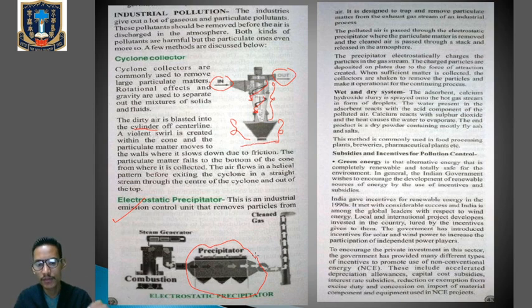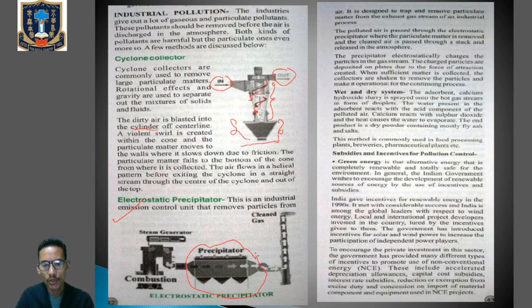Now since dust particles bear the charge, they will be attracted toward the collecting plate. The collecting plate will also be electrically charged. Clear? So it will attract the dust particles towards itself. So when the dust particles are attracted towards the collector plate, the air will be free from the dust particles, and when a sufficient amount of dust particles is collected on the collecting plate, it will be shaken, and those dust particles will be removed from it, and now it can be used again for the next round